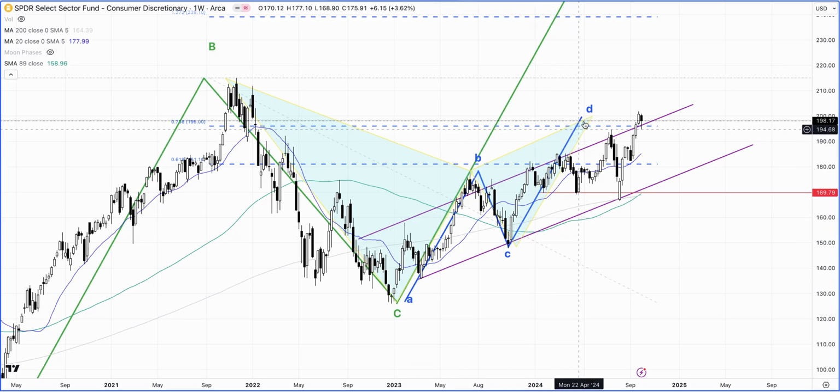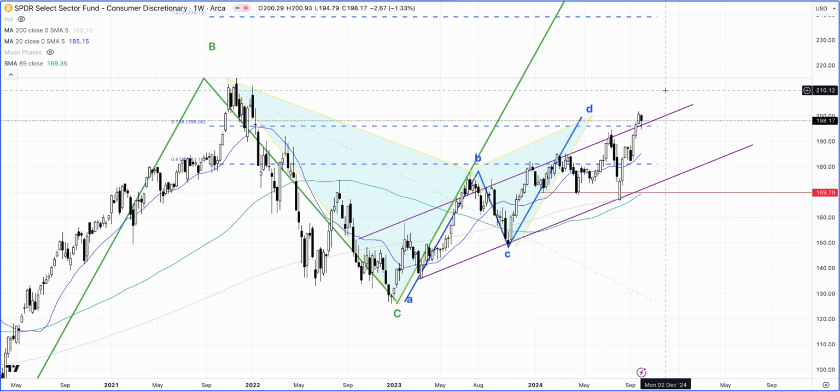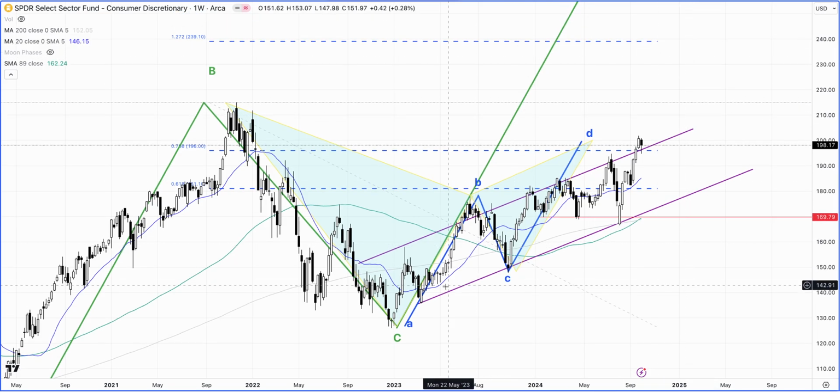But this pattern is a pretty strong resistance level, because we have this completed ABCD right at the 78.6% retracement, and I'm not even done the expansion of this BC swing. So this is a number of things coming together in a confluence. It could be a pretty strong level to watch. And on the flip side, if it breaks out of it really strongly, this means the market is really strong, and it is going higher towards this 240 mark.